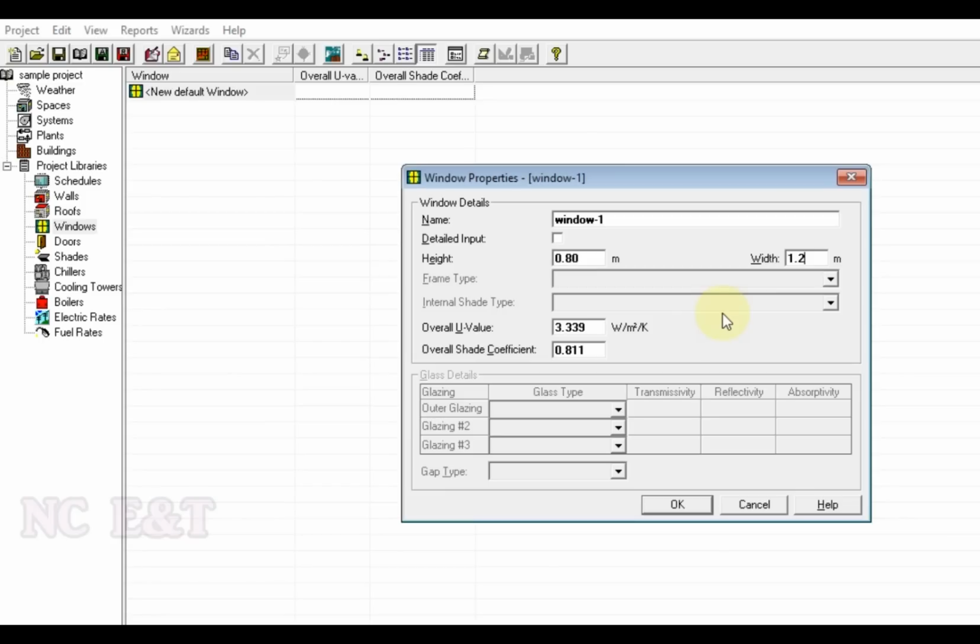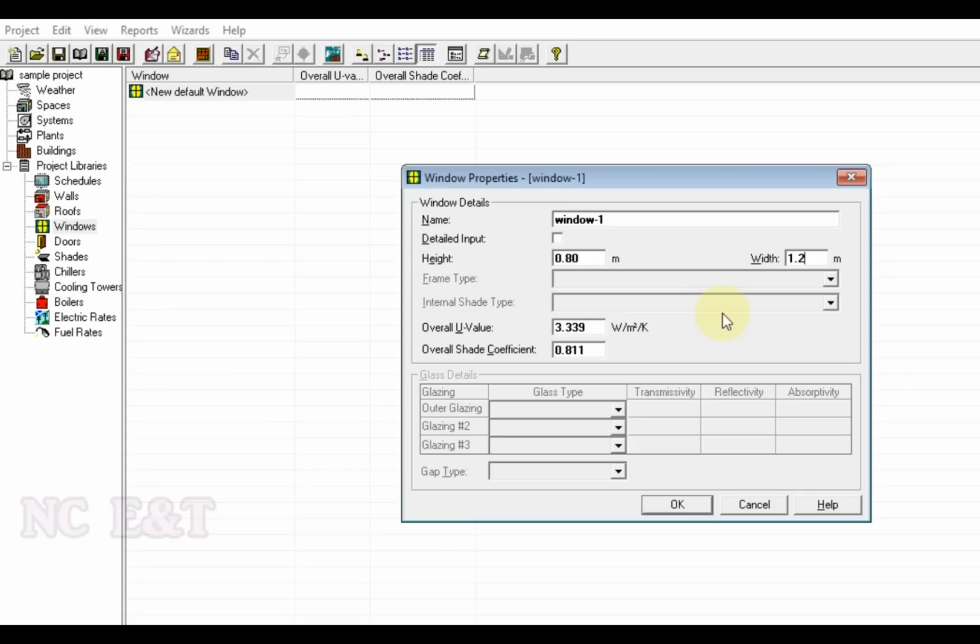But if you need to learn how to calculate the U values and how to do the heat load calculation for window and for wall and for roof, you need to learn heat load calculation by manual process, and we already studied this in detail. You can go for our video. I will provide the link for this video in the description.